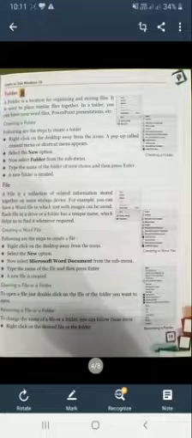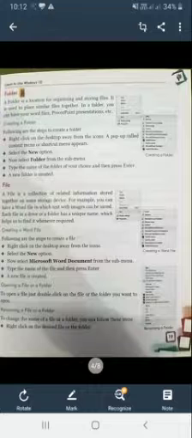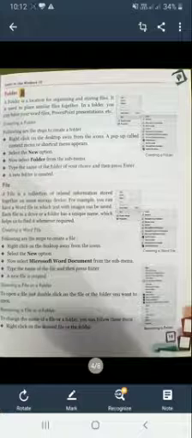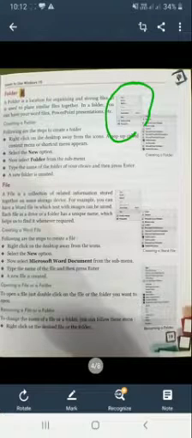Okay, so first of all, how to create a folder? In any location you want, in My PC or on the desktop, right click the mouse button in the blank space. A pop-up window appears like this.